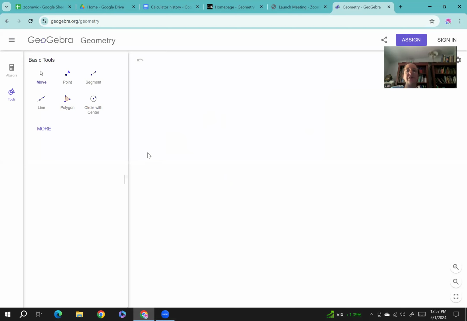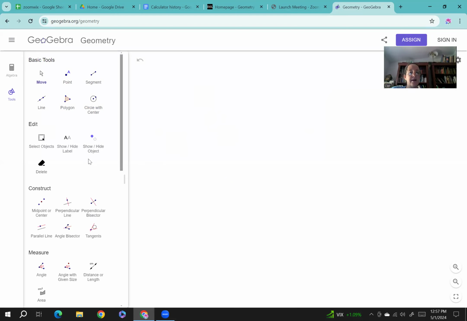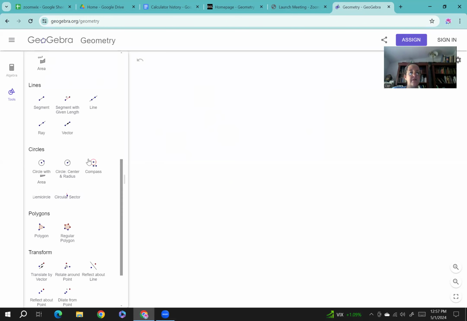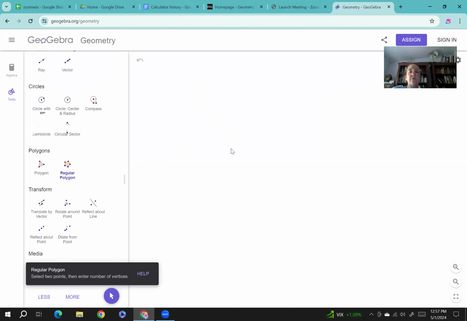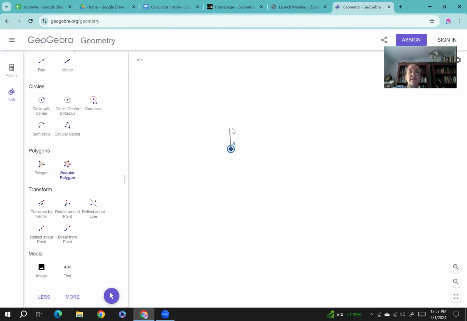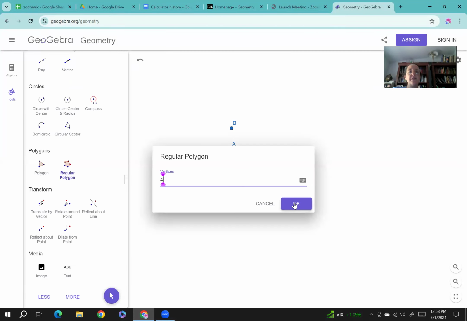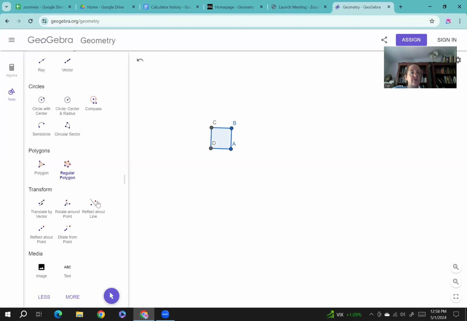So the first figure that someone suggested was a square. Does a square have half-turn symmetry? So we'll start by making a square using the regular polygon tool. You tap twice and tell it 4 vertices. So there's our square. Now we'll rotate